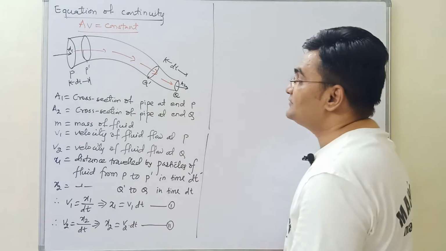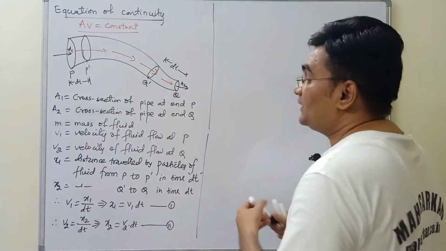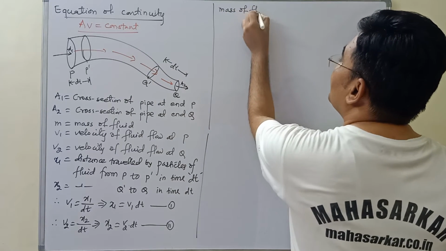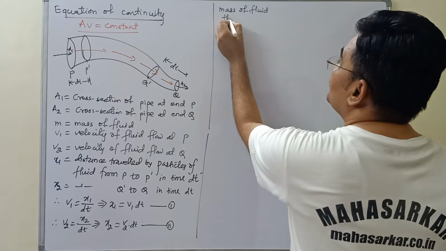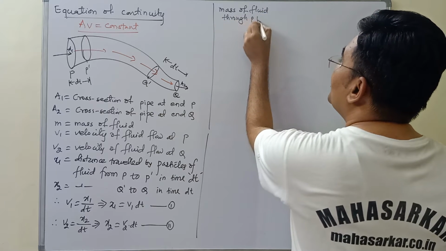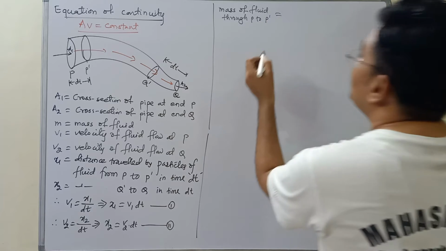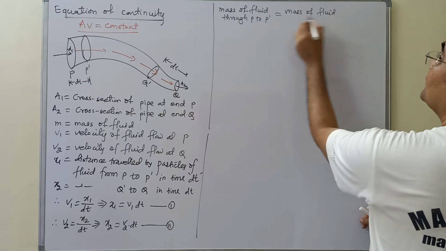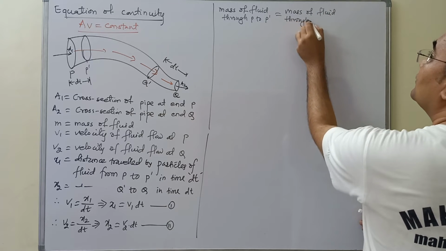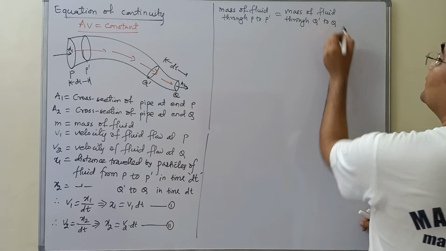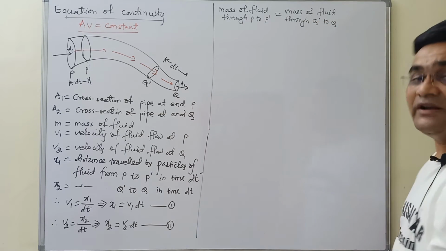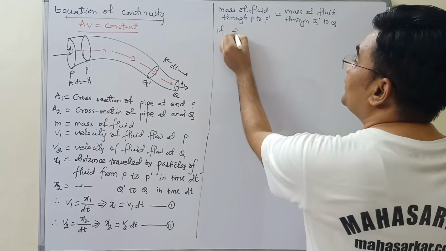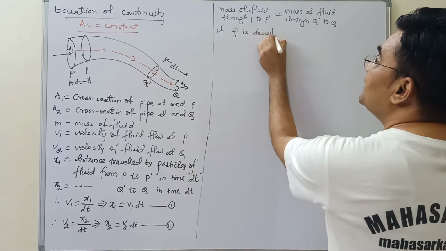then one can easily say that the mass of fluid through P to P dash is equal to the mass of fluid through Q dash to Q. I can write volume also. But what is the density of the fluid? If rho is the density of fluid,